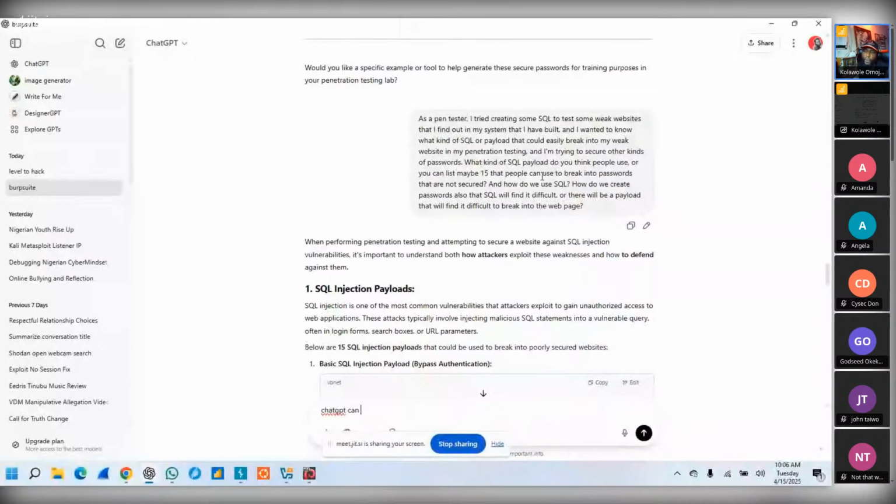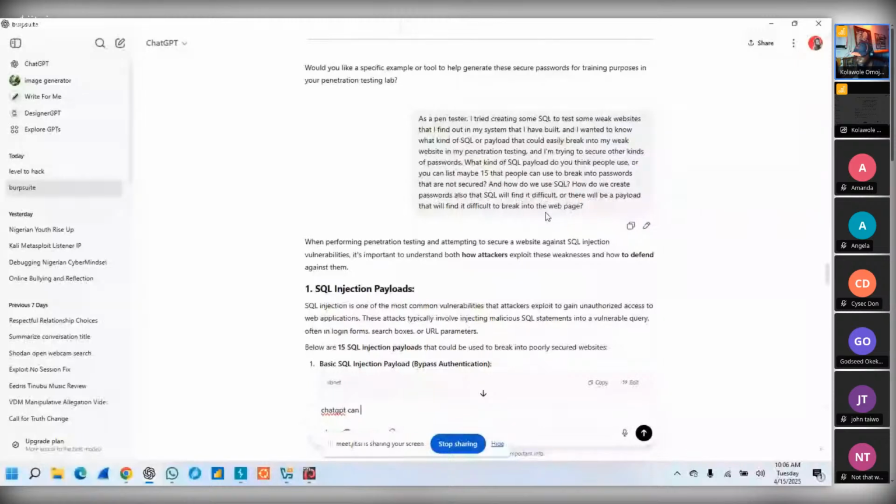What kind of SQL payload do you think people use? Or you can list maybe 15 that people can use to break into passwords that are not secured. And how do we use SQL? How do we create password also that SQL will find it difficult, or there will be a payload that will find it difficult to break into the